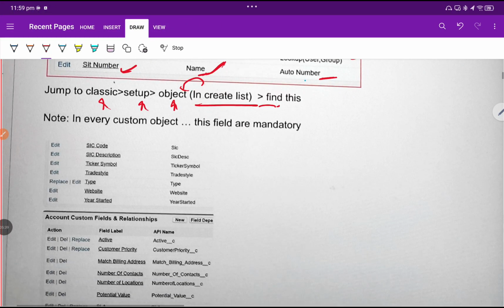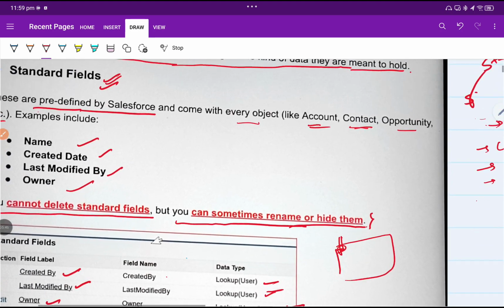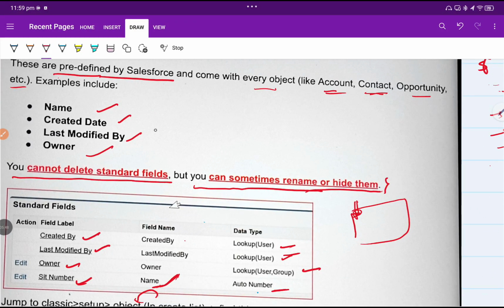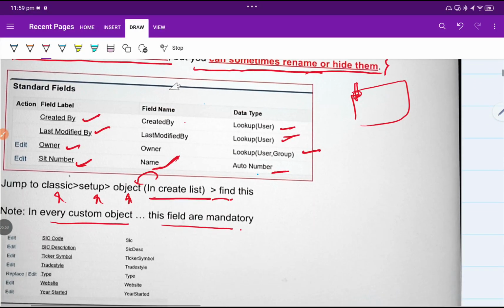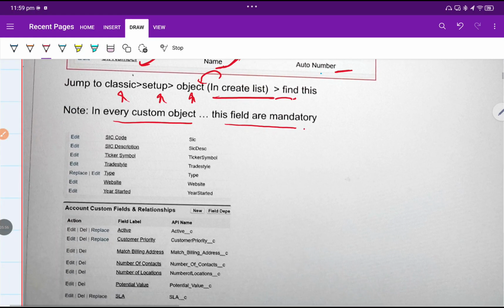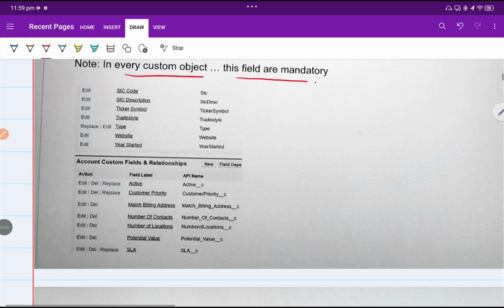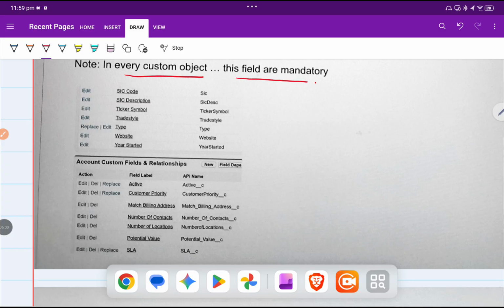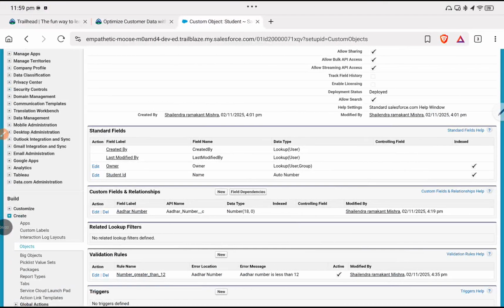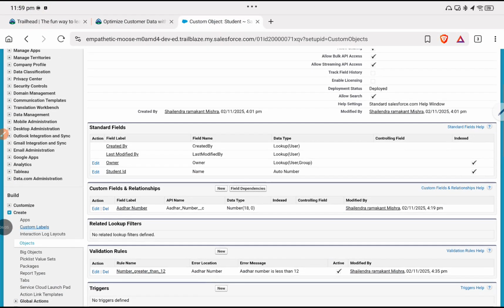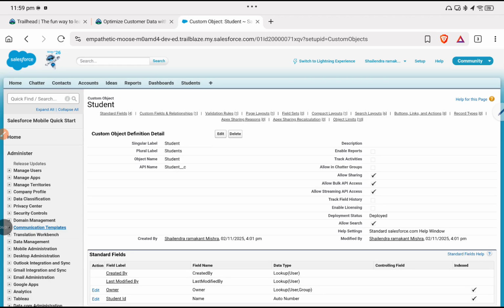Then understand what the standard objects are. Note, in every custom object these fields are mandatory: the name, created by, last modified by, and the owner. These four fields are mandatory. And one of the things I observed is that if I open a standard object, sorry, not a custom object like student, if I open any account object, for example,